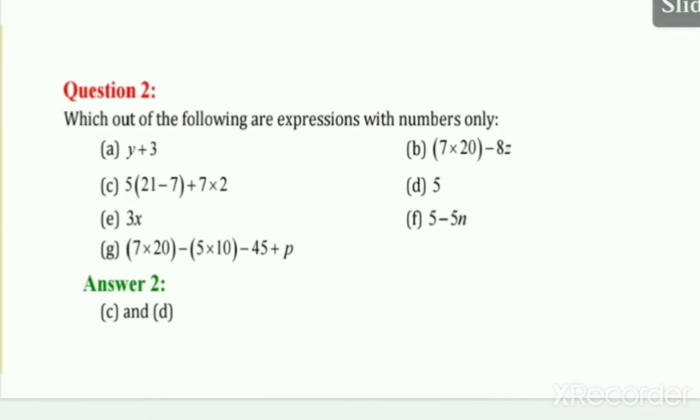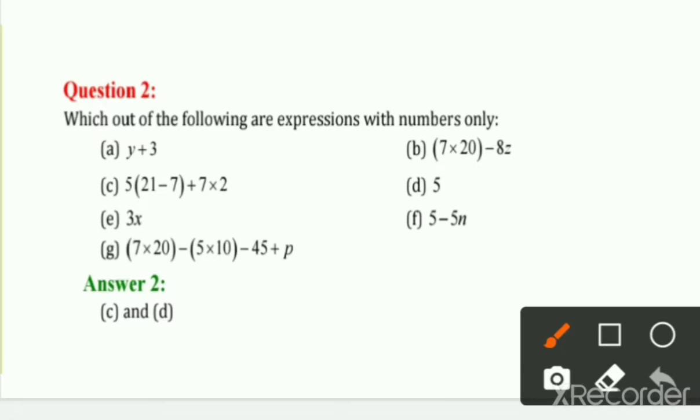We have the next question here, question number 2. Which out of the following are expressions with numbers only? It is saying which out of the following are expressions with numbers. That means you have to express the numbers. So as you can observe here,